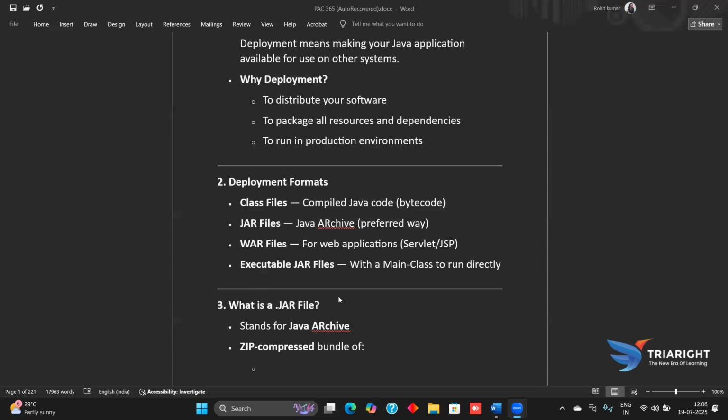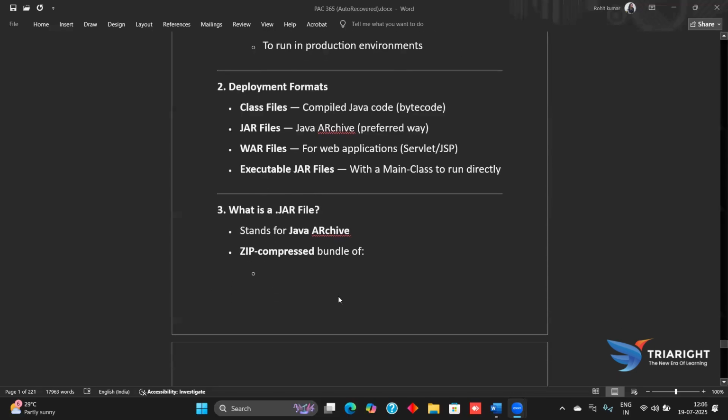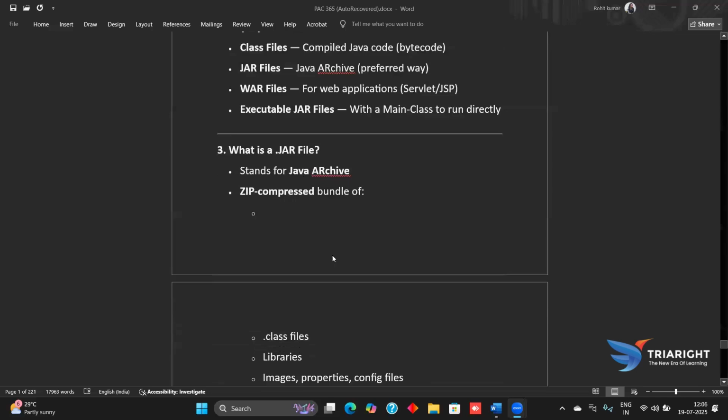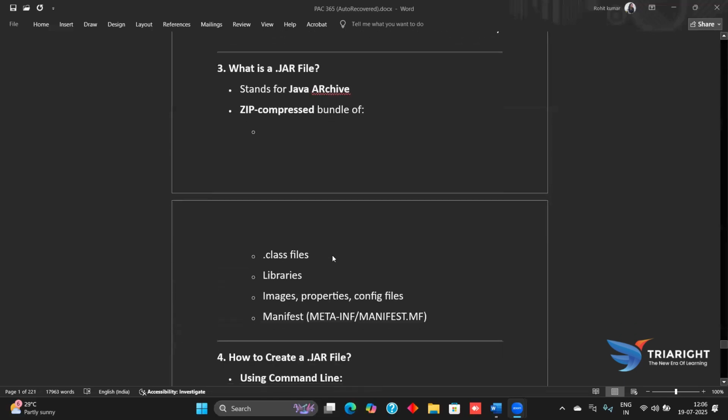Now coming on to the next, what are jar files? Jar stands for Java archive, and it is zip compressed. They are a bundle of class files, where different class files are composed and compressed. They are combined to form a zip compressed file that will have different class files,